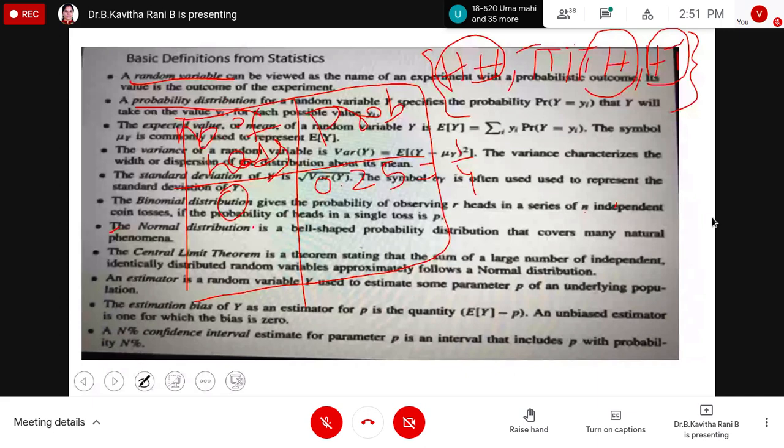So that is 1 by 4. The chance is 0.25. So this is called the probability distribution of a random variable. So probability distribution of number of heads. So what we are doing here, we are finding the probability distribution of number of